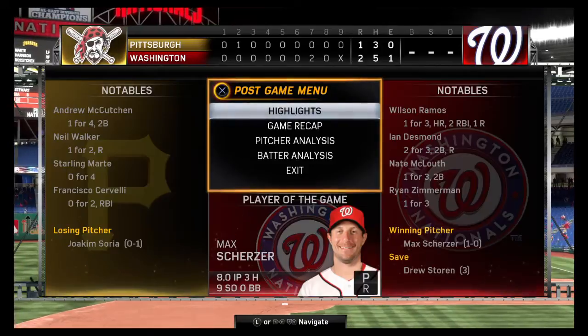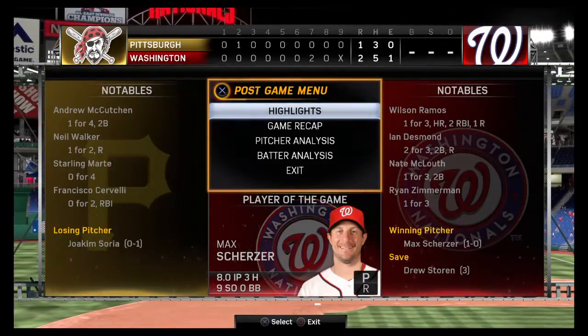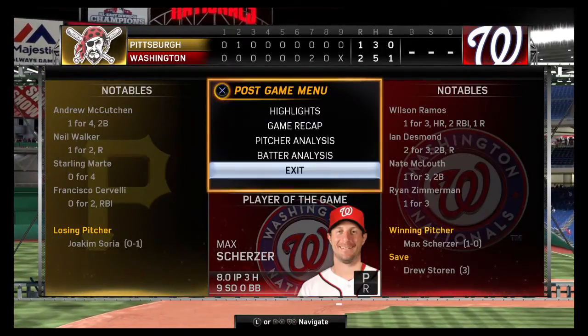The final line score for the ball game tonight. For the victorious Washington Nationals, 2 runs on 5